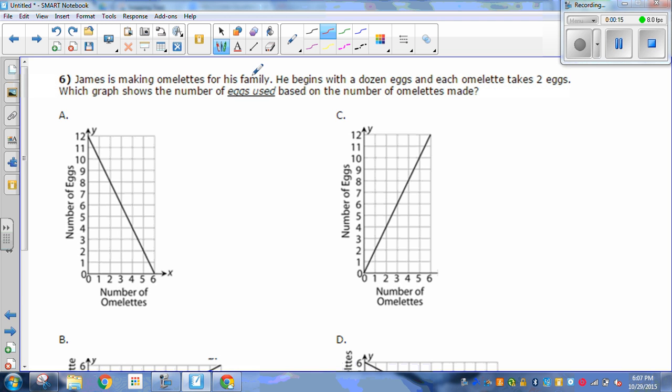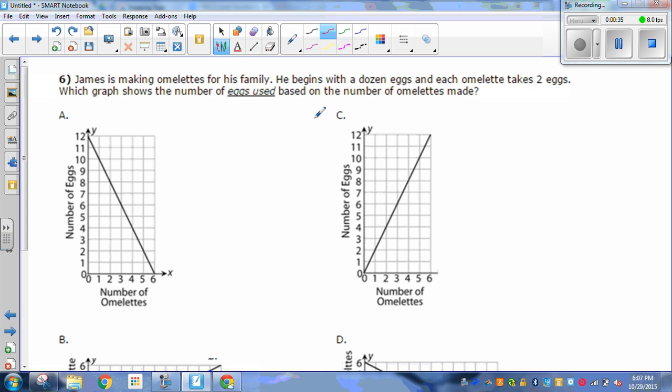If you don't know, an omelet's like an egg with a lot of good things wrapped inside. They're pretty yummy. He begins with a dozen eggs, and each omelet takes 2 eggs. Which graph shows the number of eggs used based on the number of omelets made? Great. Well, my advice,